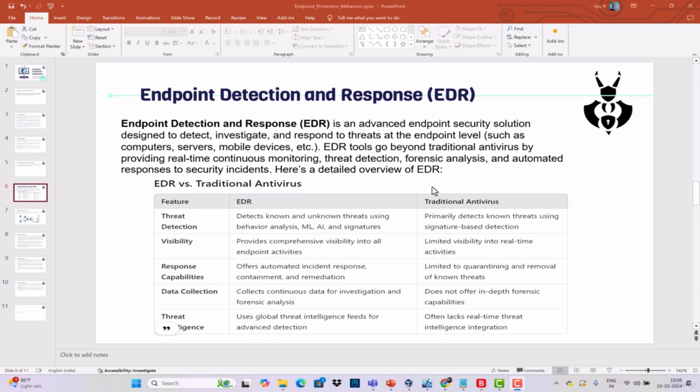I explained the Microsoft Defender ATP EDR, top to bottom, everything. How we are doing the live response, how we are installing the agents, and what the EDR is, and how the threats will be there, and how we need to investigate